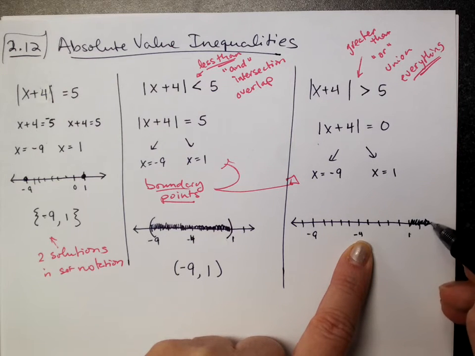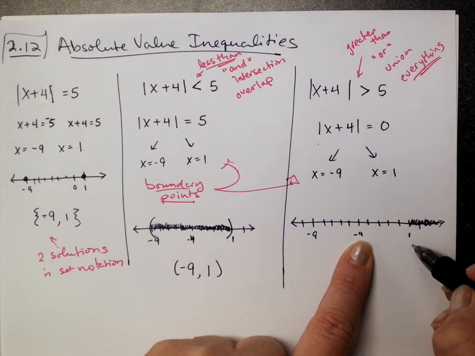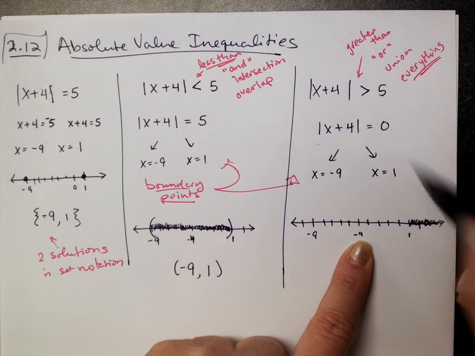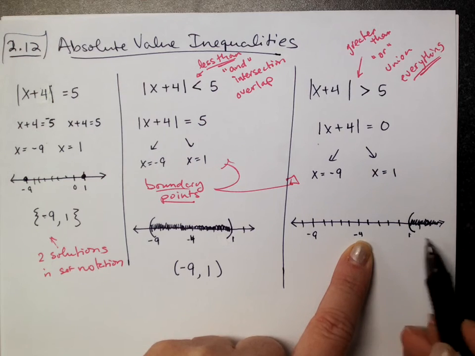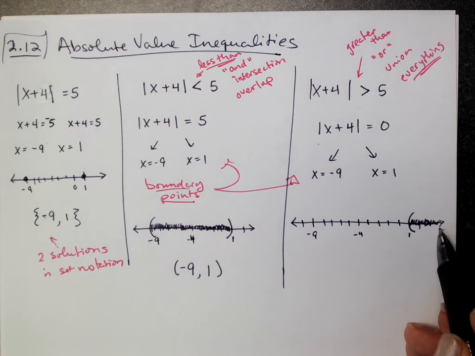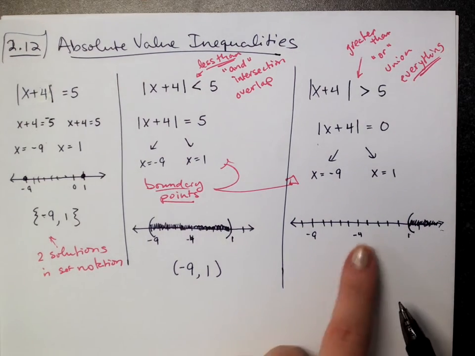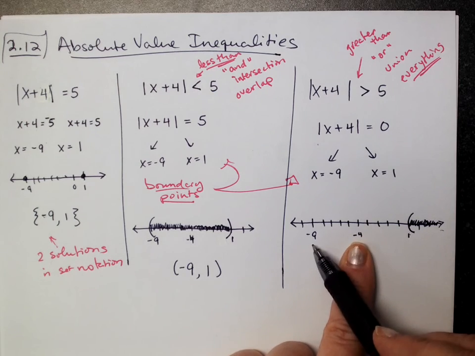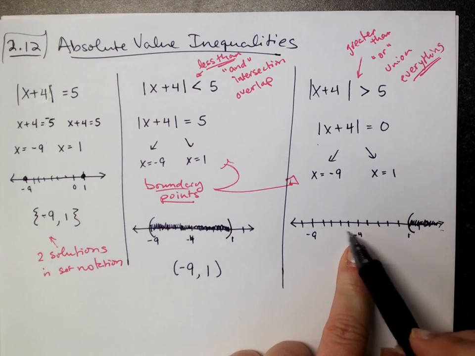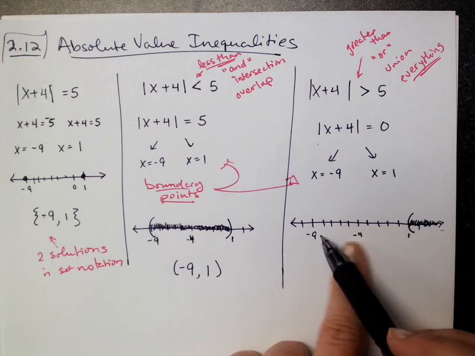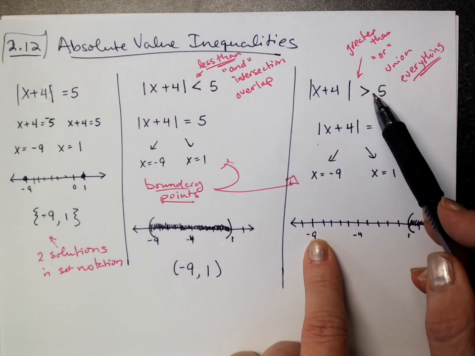Everything to the right. Now is 1 included? In this case, no. So we'll put a parenthesis there at 1, and everything's pushing away. Now in the other direction from the anchor point, -9 is 5 units away from our midpoint, our anchor point. But we want all the solutions that are greater